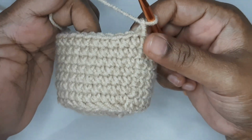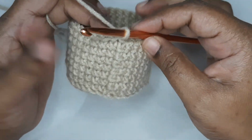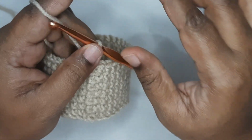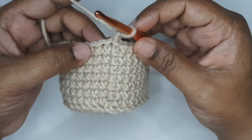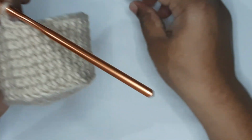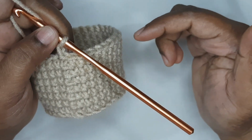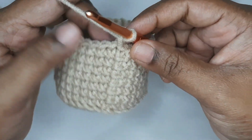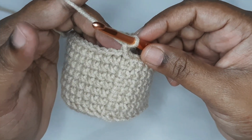So here I have finished my 7 rounds of single crochet. So now for the 8th round we are going to do a little different thing. It's single crochet but backward. So we always work in front with our single crochet, but for this round we are going to work backward. Don't worry, I'll show you very slowly. Okay, so after you finish your 7th round, you're going to chain one as usual,